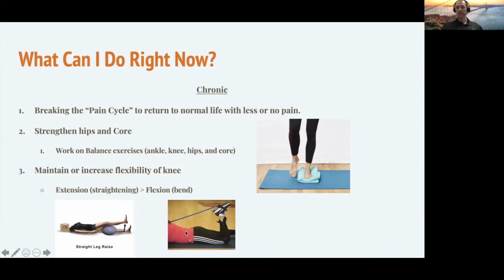And here's a couple of examples of exercises. So, some knee bending exercises. Now, a lot of folks will think, oh, they just want to get that bend back. And yes, it is important to get in and out of cars, up and down curbs or stairs. We have to be able to bend that knee. Equally important, and what we even consider more important because of the dynamics in the walking pattern, is extension, or straightening of the knee. We do want to get that knee straight,